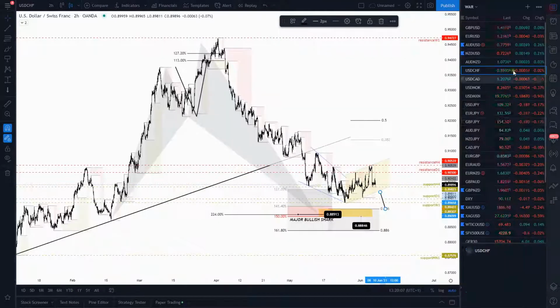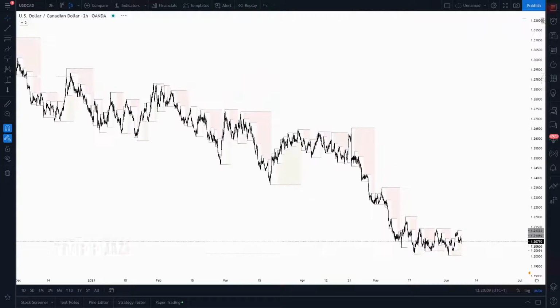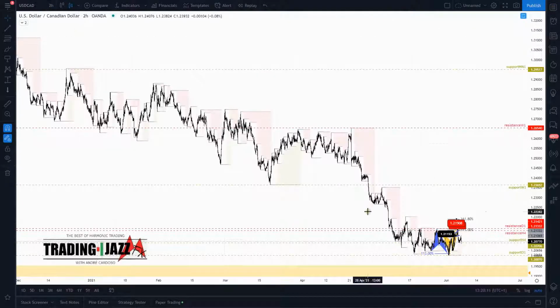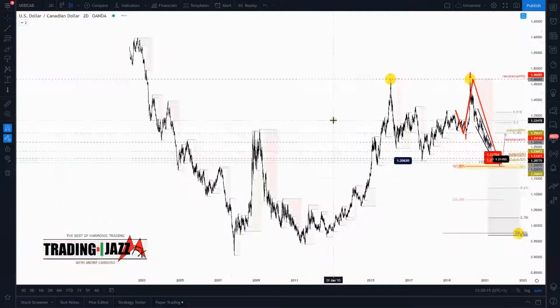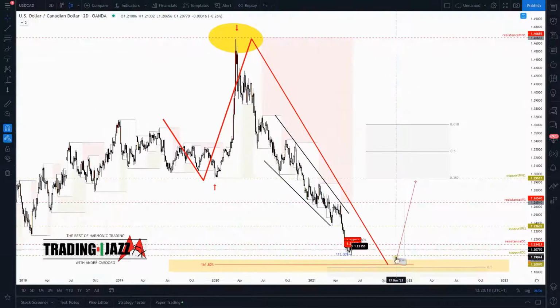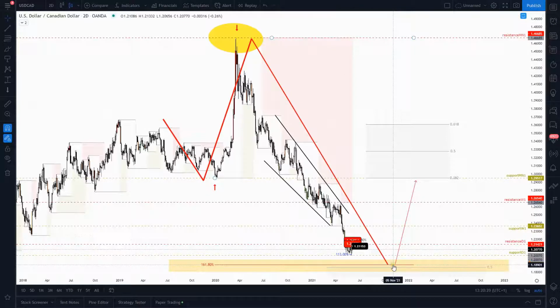ascending structure. The Canadian dollar, very much the same. I will wait for the violation of the recent structure. Let me show you this on a higher time frame, because I'm also waiting for a deeper move towards